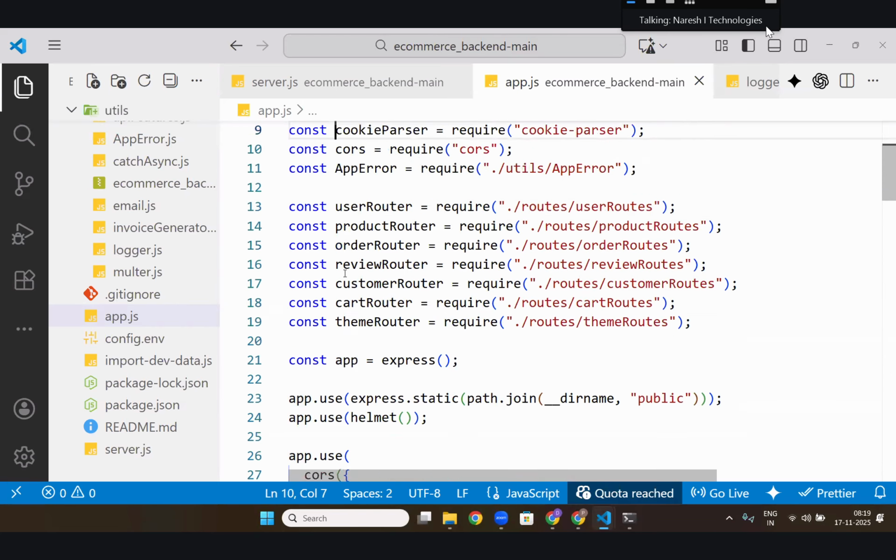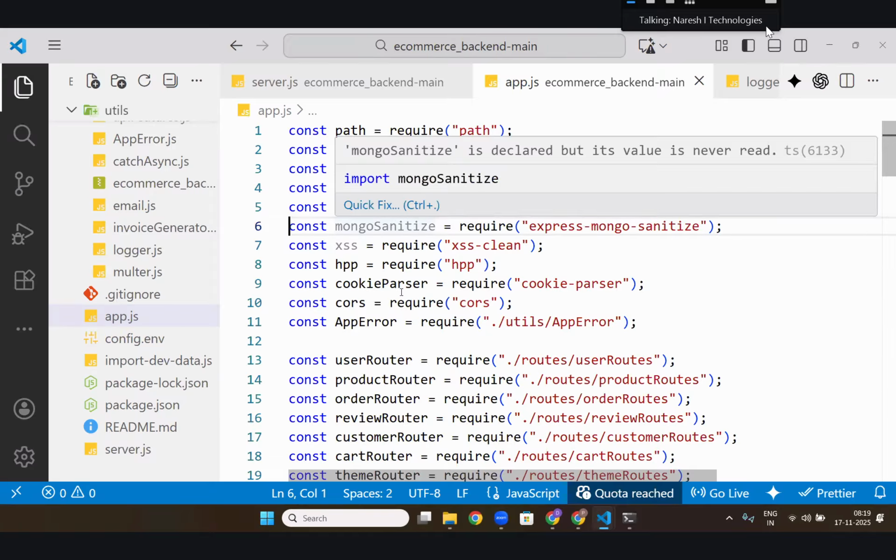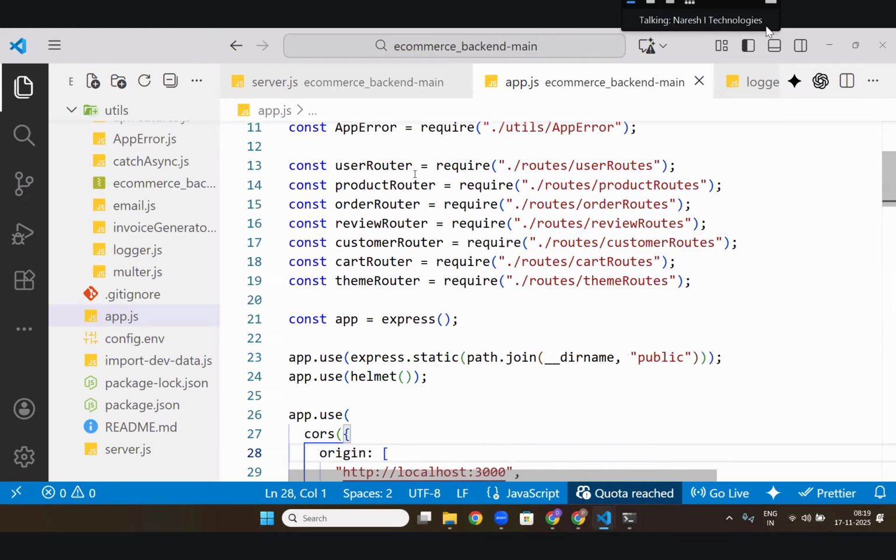Because he wants to take all these particular routes. He can do all this there also. He just wanted to keep two things separate: routes separate and this one separate. Now here he took path, express, Morgan, rate limiter, all the things he needed, and then he put routes also.